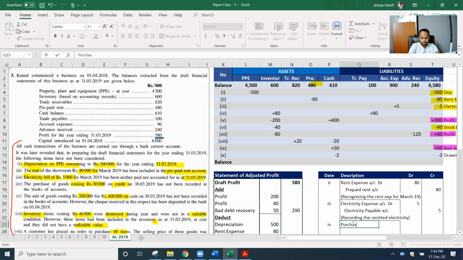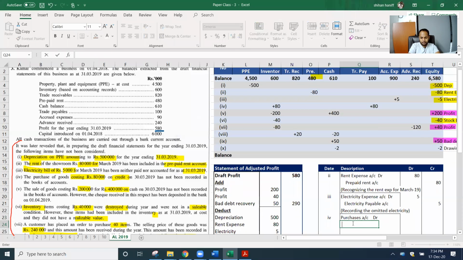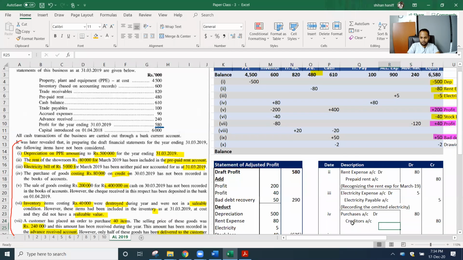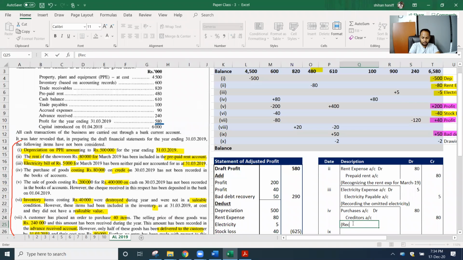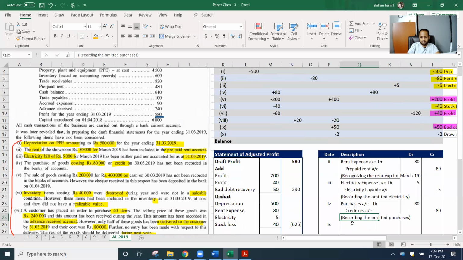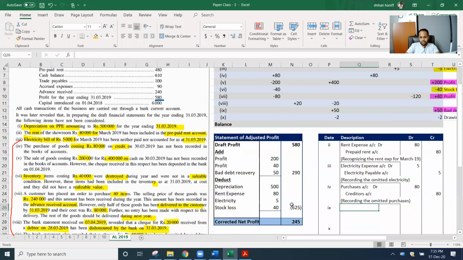Purchases account debit, creditors account credit, 80,000. Recording the omitted purchases. Right? Then transaction number 9,